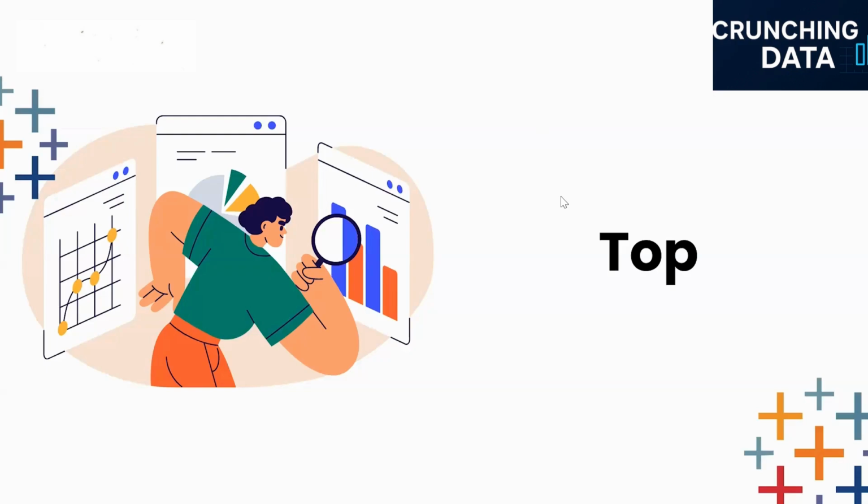Hello everyone. In this session, we will be talking about the top filter. In Tableau, a top filter is a powerful feature that allows you to narrow down your data visualization to display only the highest or the lowest values from a specific measure within your dataset. It's a valuable tool for highlighting the significant data points, such as top performing products, highest revenue earners, or lowest